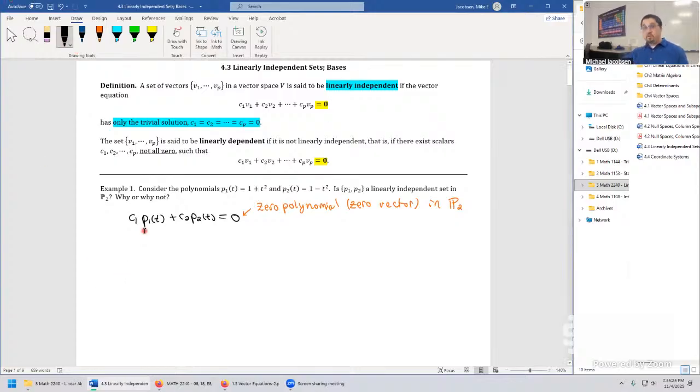Now it just turns into an ordinary algebra problem. We'll substitute in what P1 of t is. This is C1 times 1 plus t squared, plus C2 times, for P2, it's 1 minus t squared, set equal to the zero polynomial. Now, to determine if we can get a non-trivial solution C1, C2, the strategy we're going to use next is